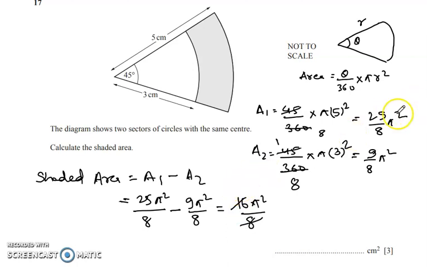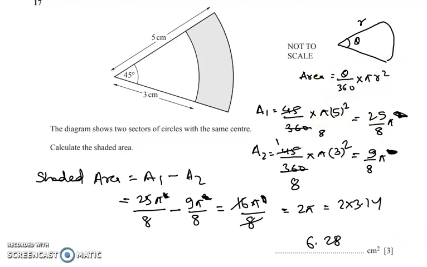Okay, so it is pi, not pi square. I'm sorry for this. So 25 minus 16 pi, so it is like 2 pi, and 2 pi is 2 into 3.14, which is 6.28 centimeter square. So ignore the pi square part. So the answer is 6.28.